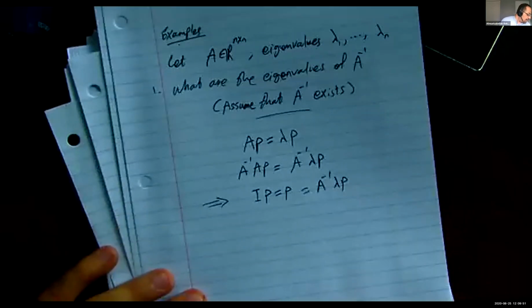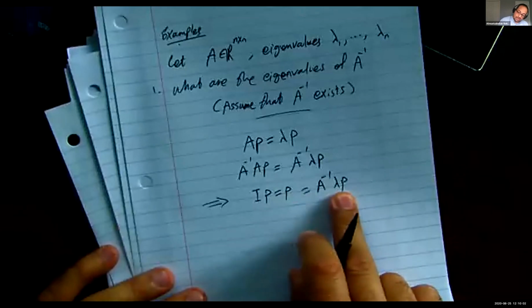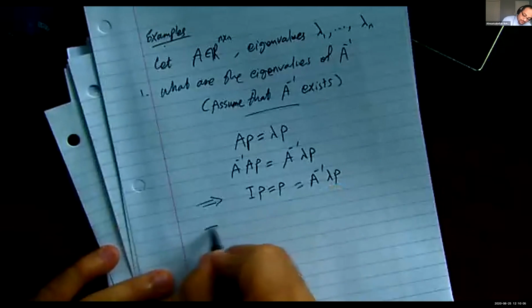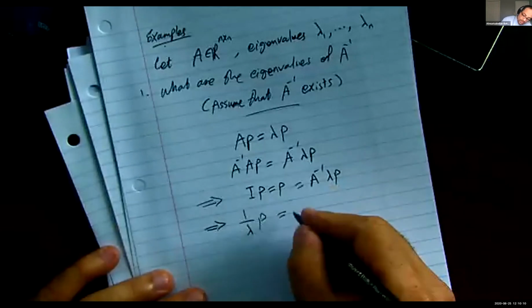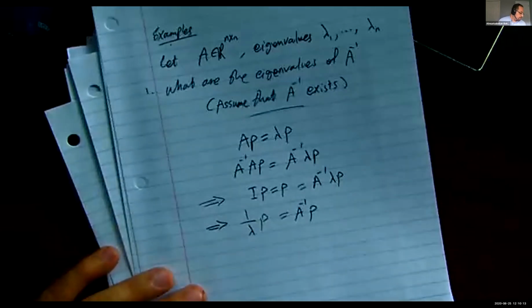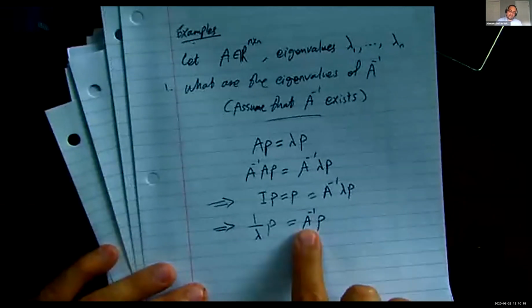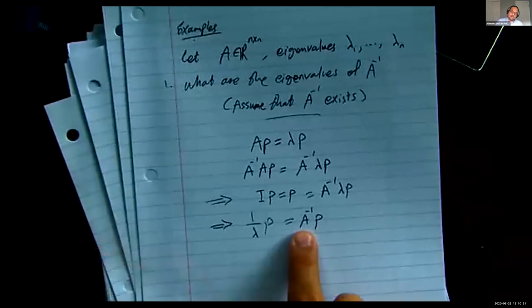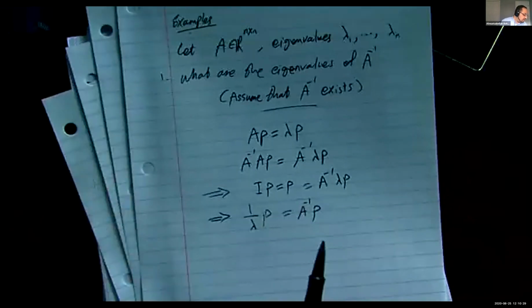Okay, now I can divide both sides by lambda. If I do that, then 1 over lambda times P is equal to A inverse P. And this is exactly the eigenvector-eigenvalue equation I'm looking for A inverse, right? I'm multiplying A inverse from the left by the eigenvector, and again, I have it. So this tells me that